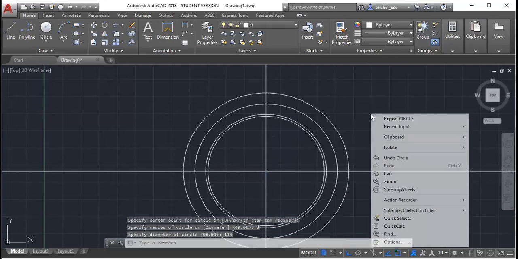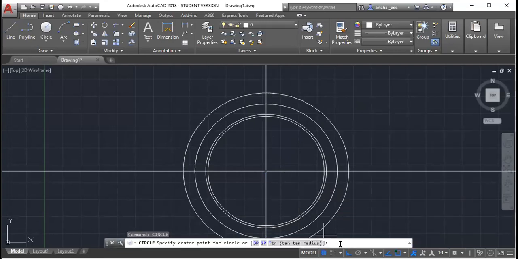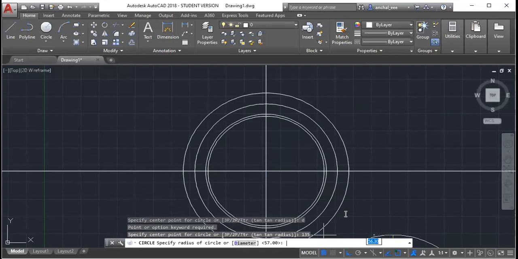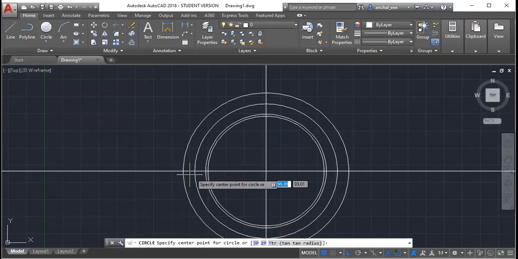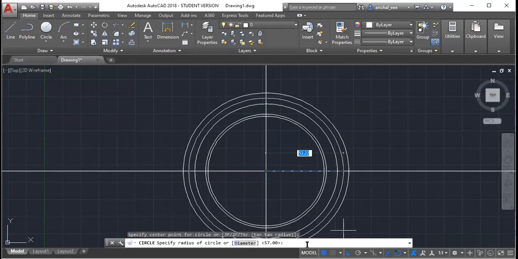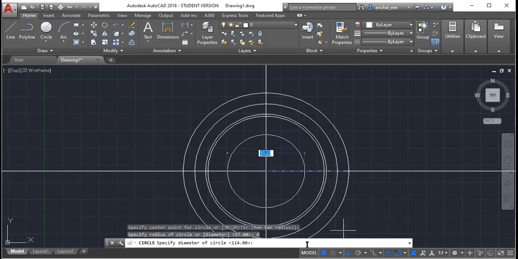Then again we will repeat the circle with diameter 135.